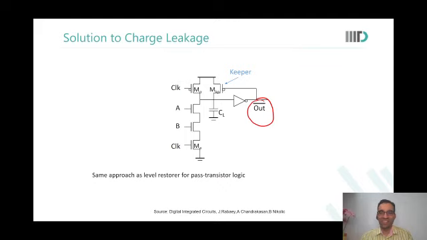Yes, otherwise it becomes tricky. You cannot really cascade it like this. Tarun? Sir, that out bar is meant only for the keeper circuit, right? If I want to transfer the output to the next stage, I will be using the out, the one on the CL, right? No, not necessary. In fact, we use the out bar.